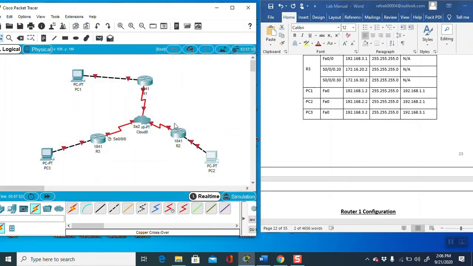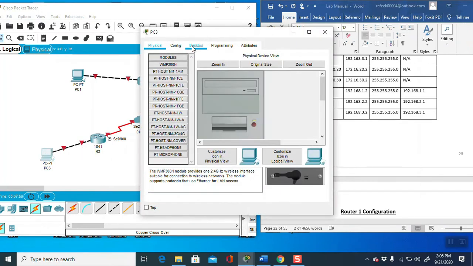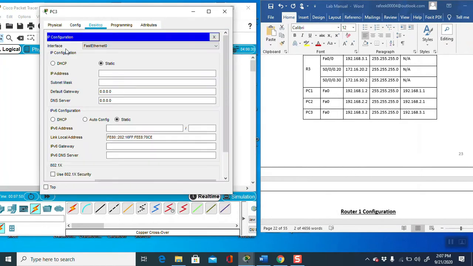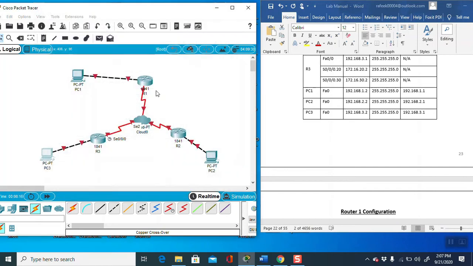This is the IP address of the second router's interface F0. Similarly, go to PC3, give the IP address 192.168.3.2, and the default gateway IP address 192.168.3.1. Now I have given all three PCs their IP addresses.